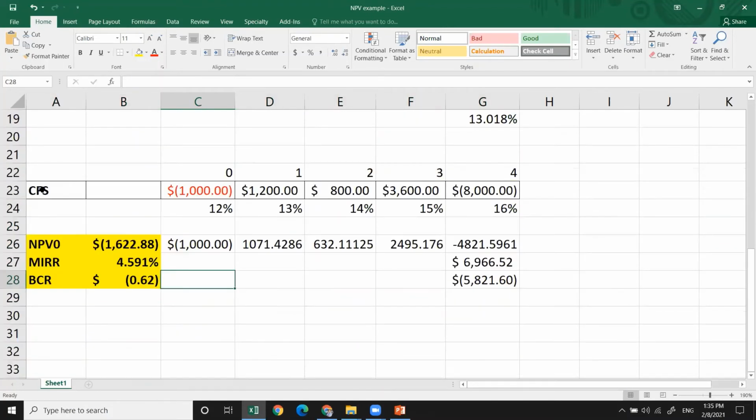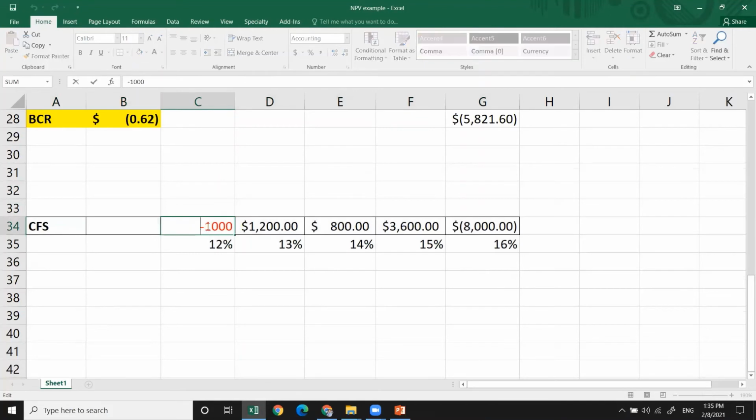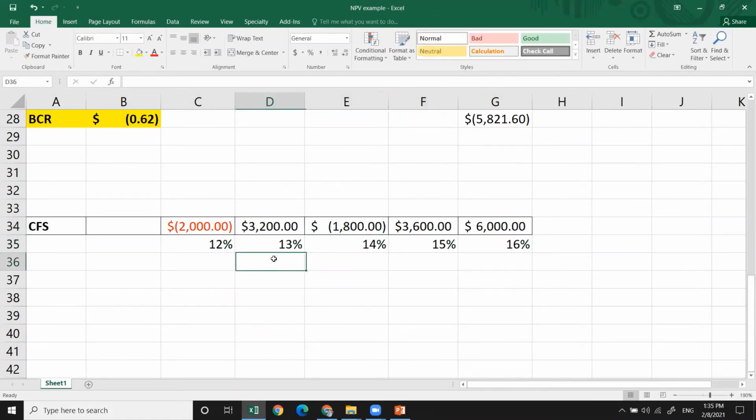Example that I'm going to give you, I'll select this. My cash flow will be 2,000, 3,200, 1,800, and let's make it 6,000. Let's make this minus 4,600, 800. Okay. So estimate NPV 0, IRR, MIRR,